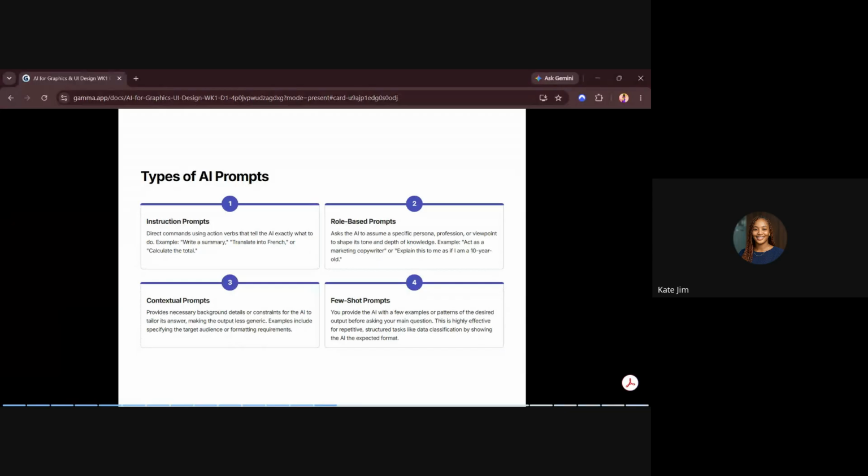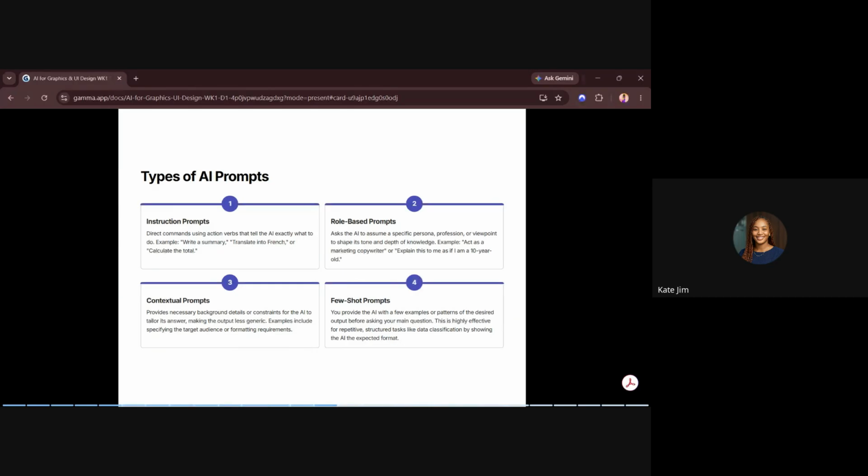Then the first one is few shot prompts. Few shot prompts, this is the one where you yourself become the director. You provide the AI with a few examples and say, okay, this is an example of a flyer that I want for this program. Check here, use it as a reference. Pick some of the patterns here. Then you now ask it your main question. So you're having both reference and then your own input.